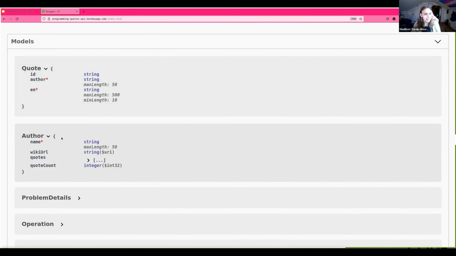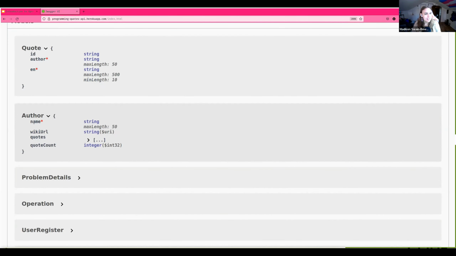And then we'll take a look at author too. Author is a little bit different. This is a name string, max length 50. It's probably the same string that we're going to receive here, if I had to guess. This wiki URL is defined as a URI string, or a URL string. It's a specific type, but again, this is just the API saying this is what we're going to provide. Because JSON is pretty simple, that's not something that's defined in JSON, right?